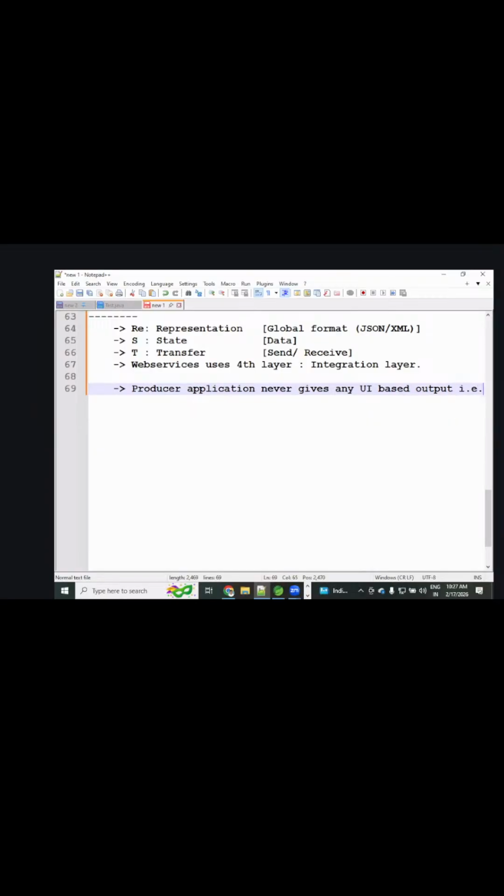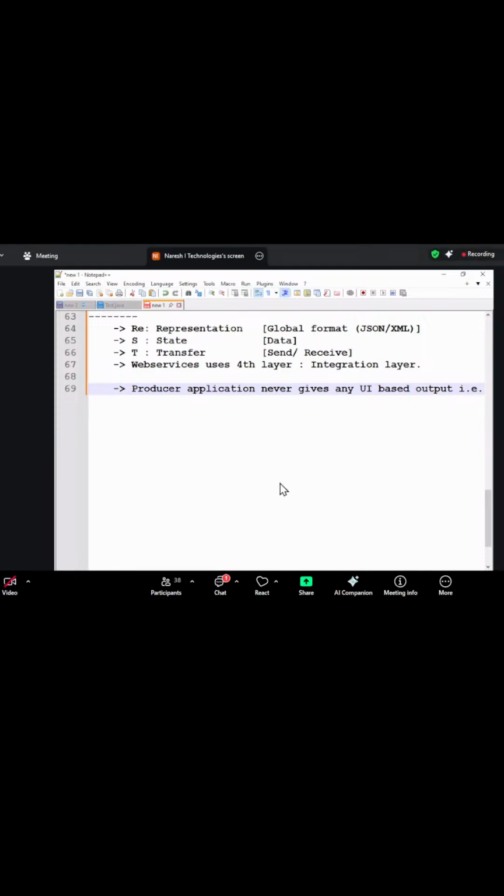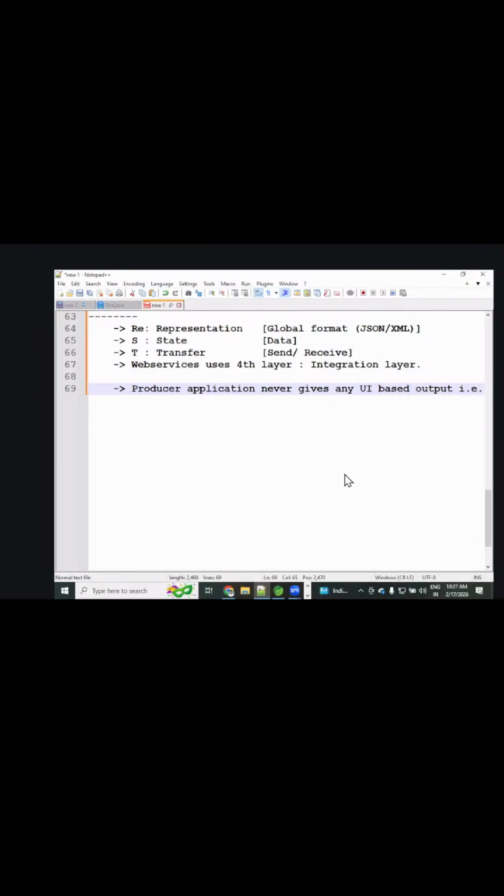Here also, the items the producer produces, he never shows in the UI application. That is, the producer application never gives any UI based output. That is, no view resolver.